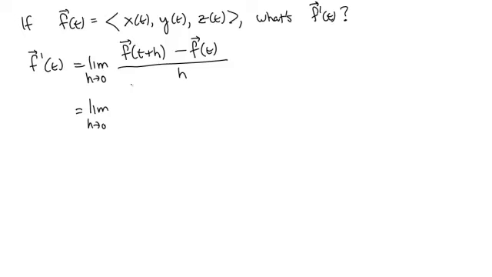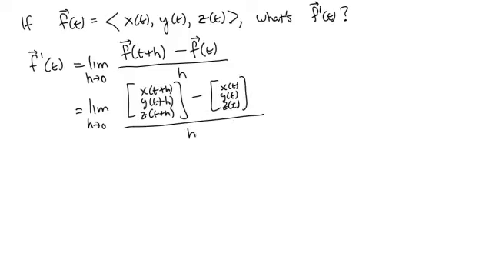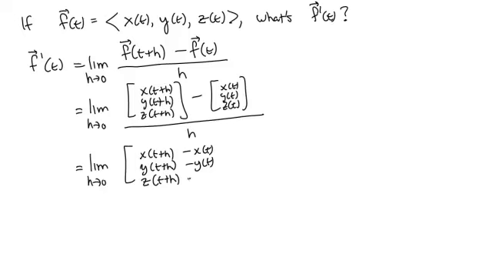Well, let's see if we can write out what this object would be right here. So this is going to be the vector x of t plus h, y of t plus h, z of t plus h, that's the first part of the numerator, minus x of t, y of t, z of t, all divided by the real number h. But remember that vector subtraction is component subtraction. So this is going to be the limit as h tends to 0 of the vector x of t plus h minus x of t, y of t plus h minus y of t, and z of t plus h minus z of t,